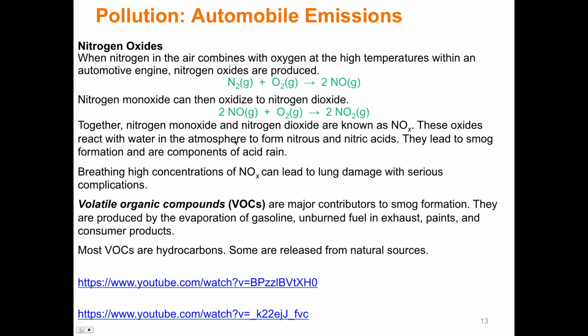And then, of course, there are other things that don't get burned at all. Those would be your volatile organic compounds. As you know, you can smell gasoline at the pump. You know that it's volatile. At this point, you know it's not an ester, but it is volatile, so it goes into the air and you can smell it. You've got chemoreceptors in your nose that can smell that.